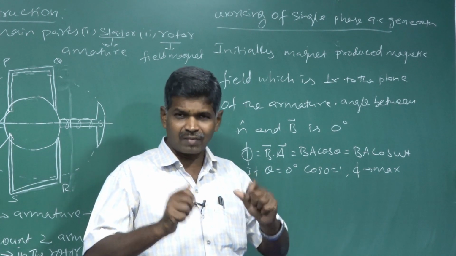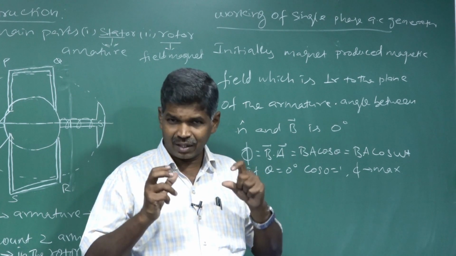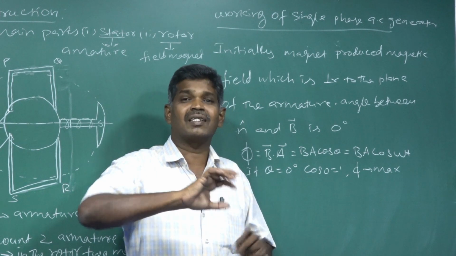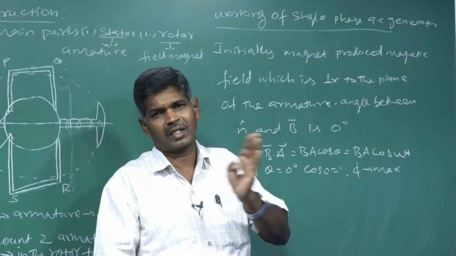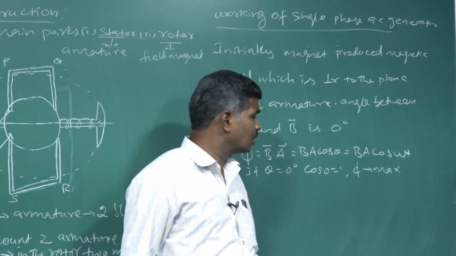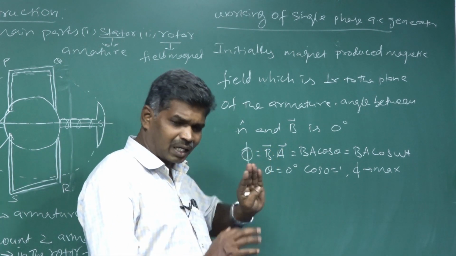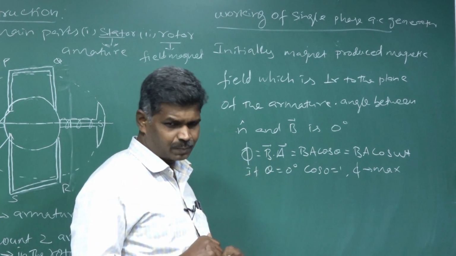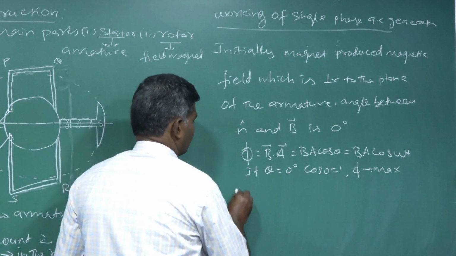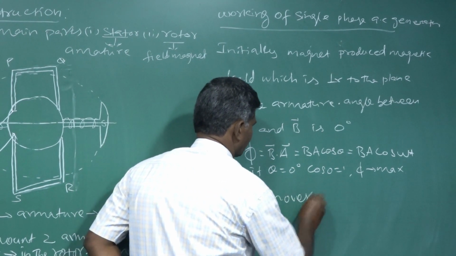So once again, listen very clearly. In our circuit, in our device, the magnet is a rotor that is rotated. If it is rotated clockwise, we consider our armature is rotated in an anti-clockwise direction. In the simplest diagram, the armature is rotated in an anti-clockwise direction. If it is rotated anti-clockwise, the PQ side moves downwards.